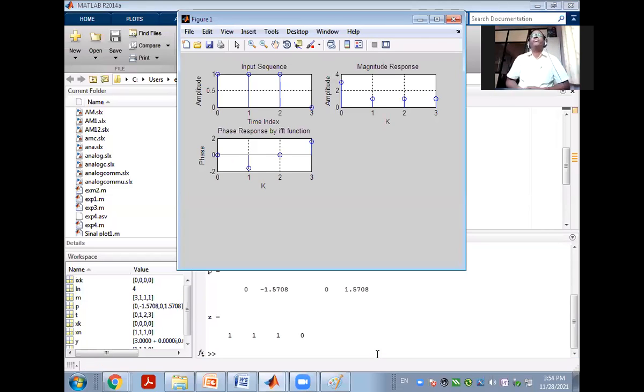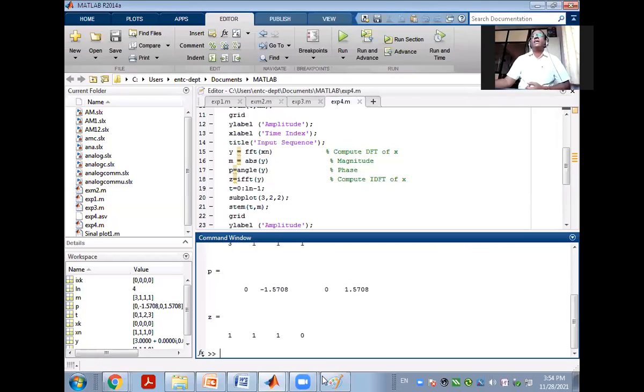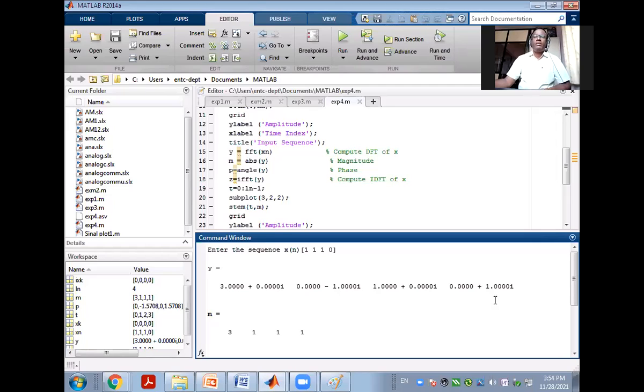See. तो आंसर क्या आता है अपना? So we got DFT अपना 3, 3 minus J, 1, आणि 1 plus J, बराबर.